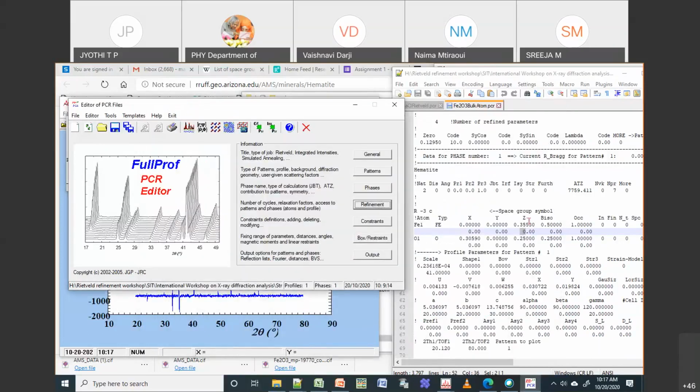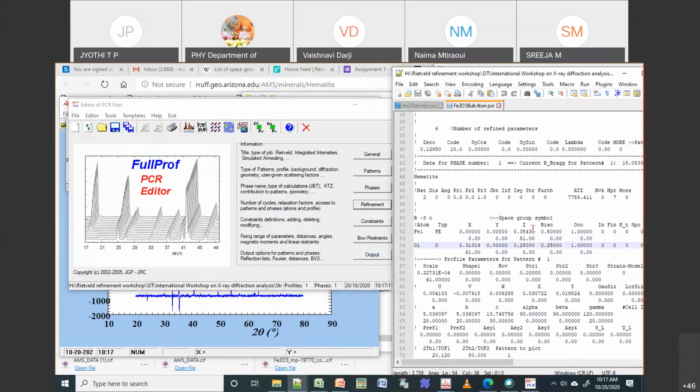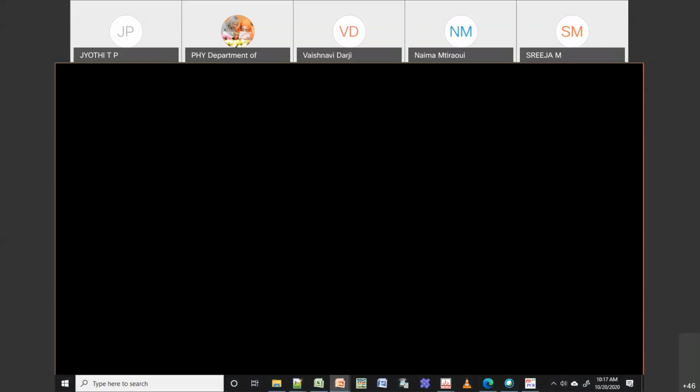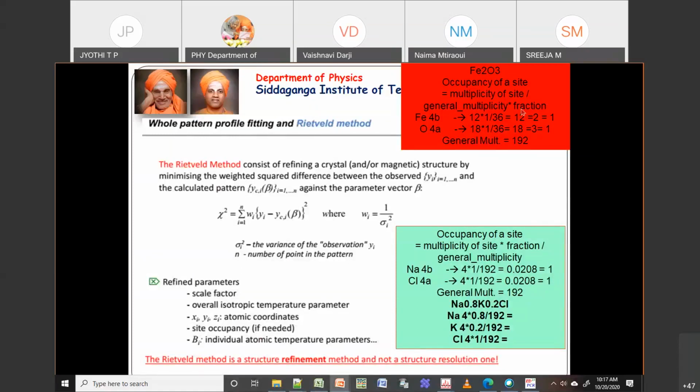Next, what you can do is also try refinement for BISO and occupancy. This is what you can do in Rietveld refinement. You can see here site occupancy. If I make it big, you can also change the thermal parameter, which is your BISO. What is the BISO? This gives the refinement of atomic position due to thermal agitation.